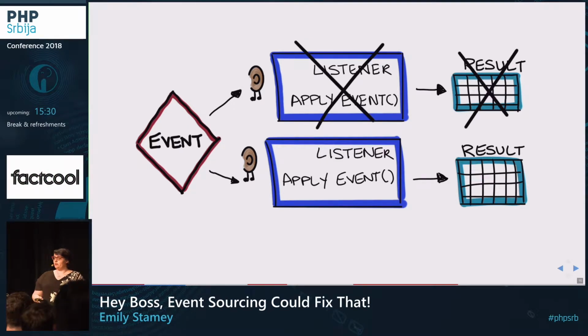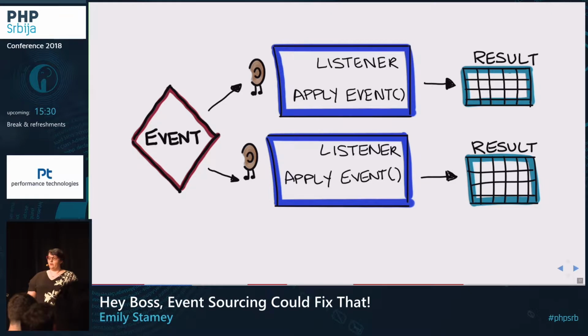But if your behavior changes, you can change what happens in that apply method. You can change the steps that you're going to follow and generate completely different results without having changed that event, which is really powerful. You've kept your history intact, and you haven't had to do these convoluted changes to your database. You've just created a new set of steps to follow and reapplied the events.